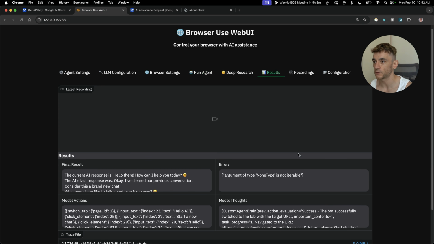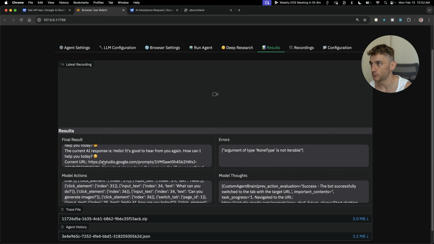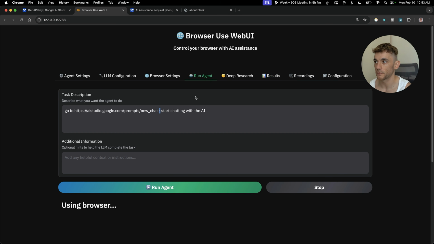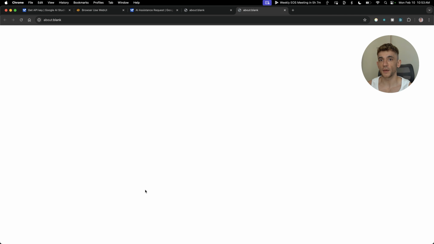If we go over to results now, you can see that it's giving us the final results and what happened, how it worked, etc. And that was just with a super basic prompt. So if I say go to aistudio.google.com, and then create the best possible SEO article you can about AI SEO with Gemini 2.0. And we'll say, make sure it's beautifully formatted, conversational, add some emoji tonality, plus add some emojis and subheadings. So we'll run the agent,